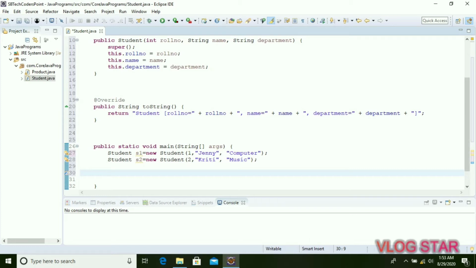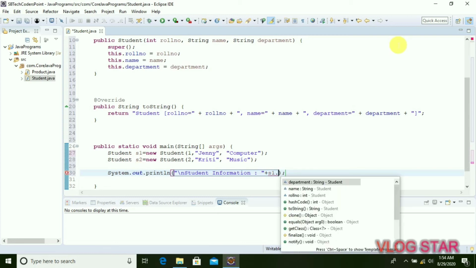If it is normal method we can call it by using s1.method name. But for toString method we have to type it within syso Ctrl space, that is System.out.println, which is our output statement. Now here within double quotes we can print anything, so we will simply give student information. And we will use plus operator for concatenation, and here we will call s1.toString.